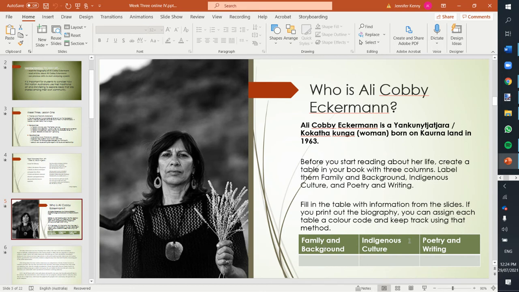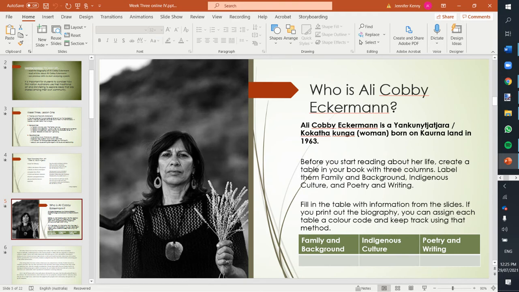That's when you create your table and you will just have to handwrite the dot points that you think are appropriate for each one. This is going to be really, really important later on when we're analyzing her poetry, and I'm going to ask you to draw on previous lessons to write essays. And this right here will give you very easy to see